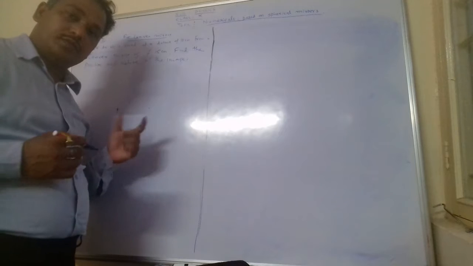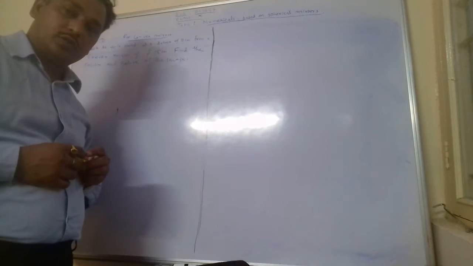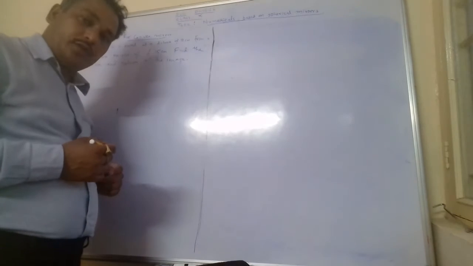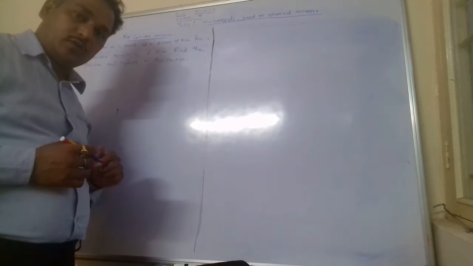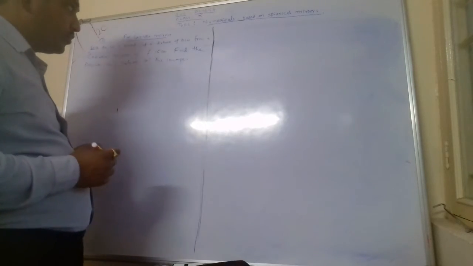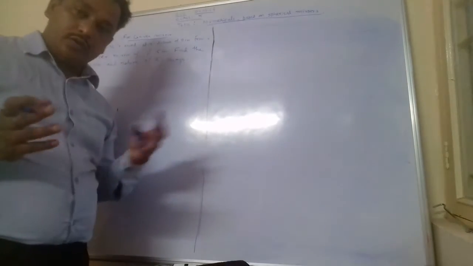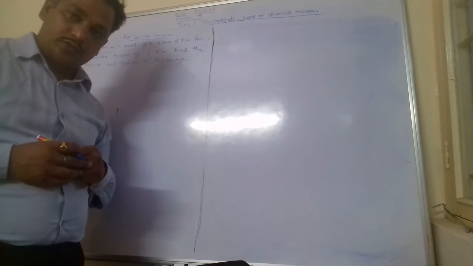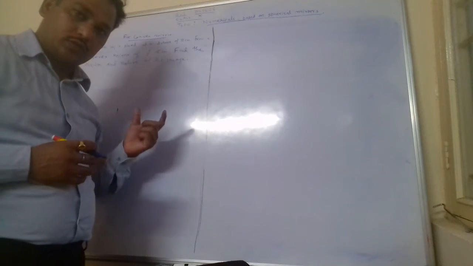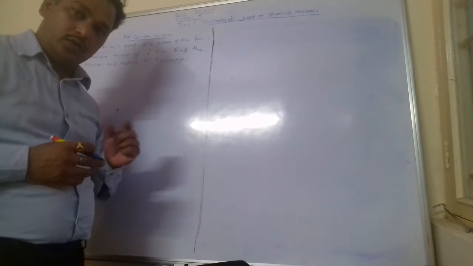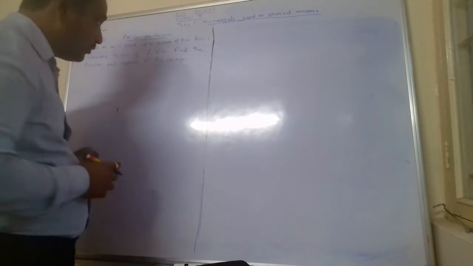Today we will solve the numericals based on the spherical mirrors, particularly for the convex mirror today, as we have already discussed for concave mirror in our earlier sessions. So all of you are aware of the rules which we have discussed and the sign convention, how to put. Let us apply all these by using mirror formula and magnification formula for solving the numericals. That will be very much helpful.